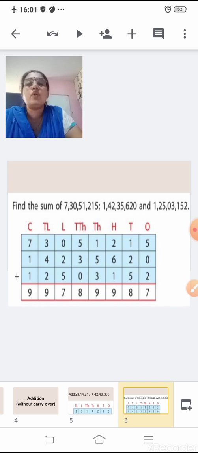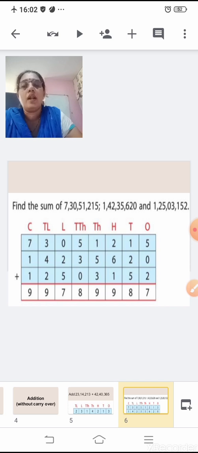Now here also, when you add all the numbers, you get a single digit number, so there is no need to carry over. All these addition sums are without carryover. Always start from the ones place. In the ones place there are two numbers, 5 and 2, and the second addend has a 0. So 5 plus 2 will give you 7. In the tens place 1 plus 2 is 3 and 3 plus 5 is 8. In the hundreds place 2 plus 6 is 8 and 8 plus 1 will give you 9.